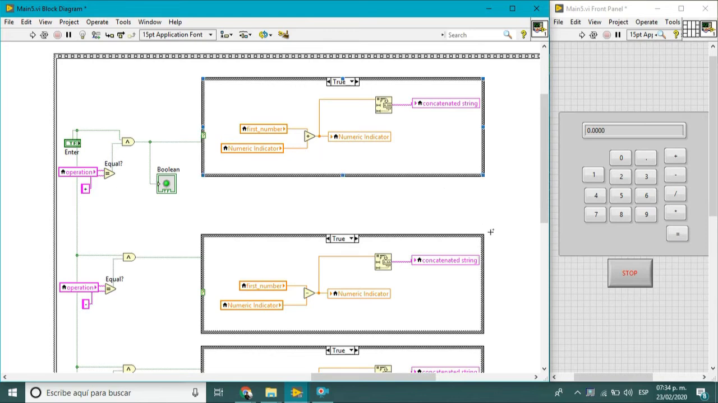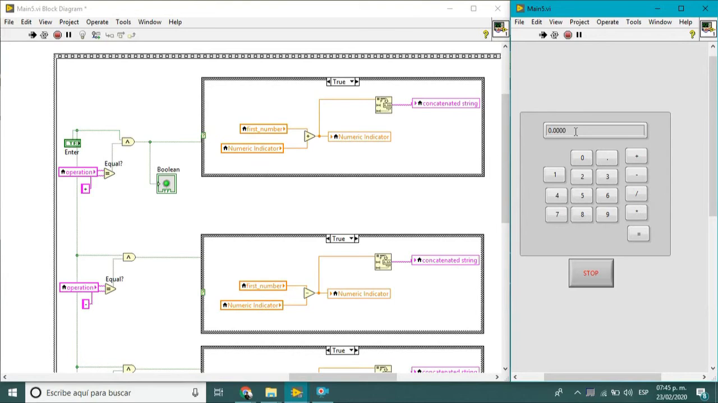Here we have the demo. The program is already running and waiting for the first number to be entered. The program will run until the abort button or the stop button is pressed and can perform several operations. For example, if we enter